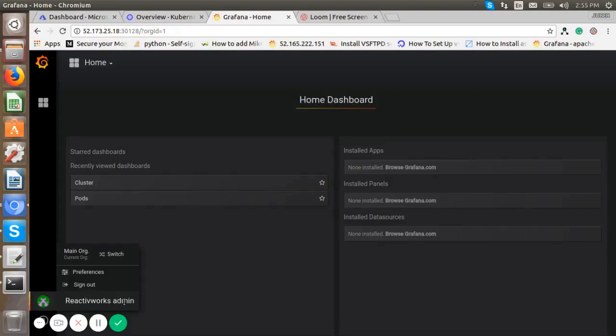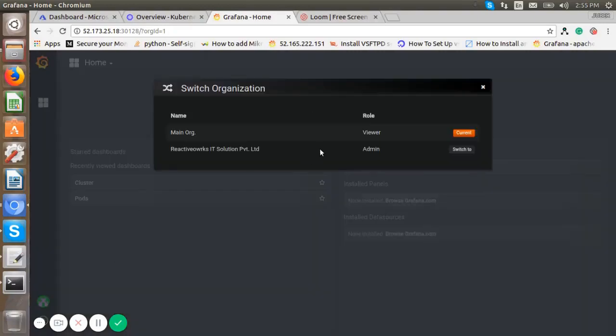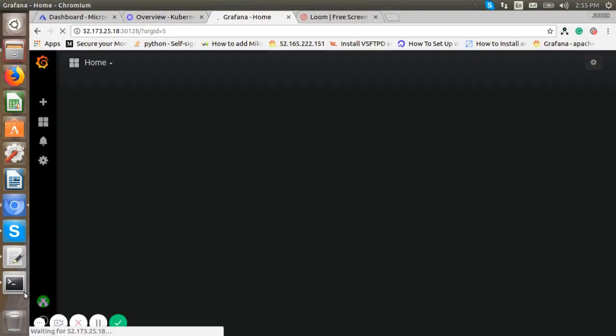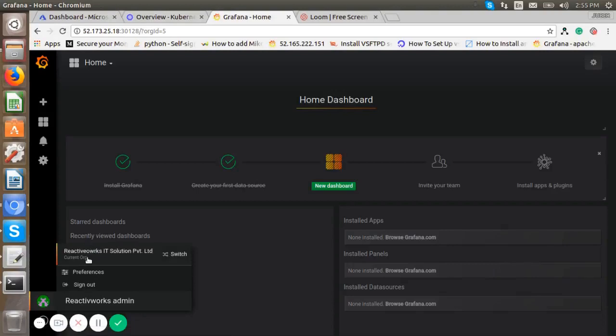The ReactWorks admin's current organization is the main organization. We can switch into the ReactWorks organization. The user can switch into the ReactWorks organization. So you can see the current organization now is ReactWorks IT Solution Private Limited.